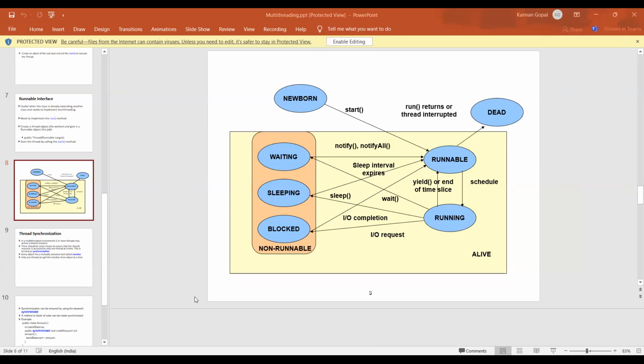So wherein the thread will go in for waiting, right? So what happens when the thread goes in for waiting? It is going to wait for some time unless there is some kind of notify or notifyAll from any other thread that is using the resource. So there might be some other thread that is trying to handle your